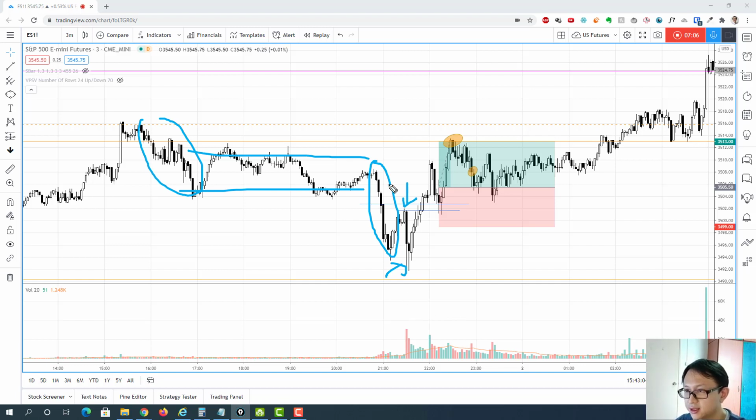So we can see that the first reaction almost tested the low that I am watching, about 34.90. It's somewhere around 34.94, and subsequently at this opening bar and the next bar, the second bar, it forms a